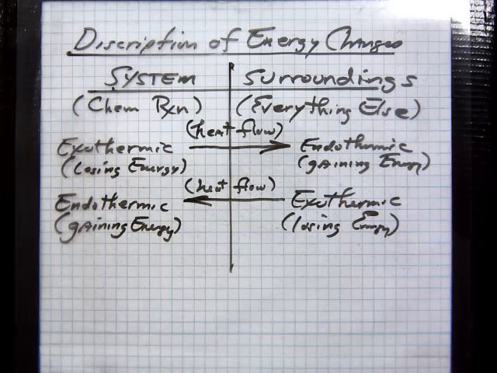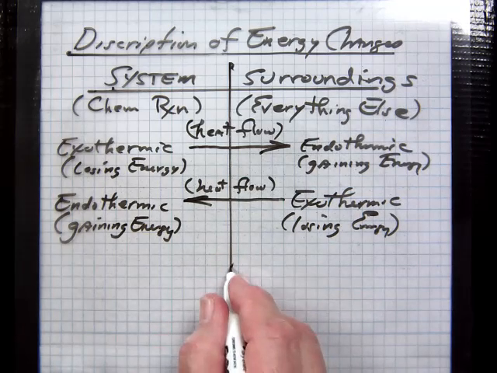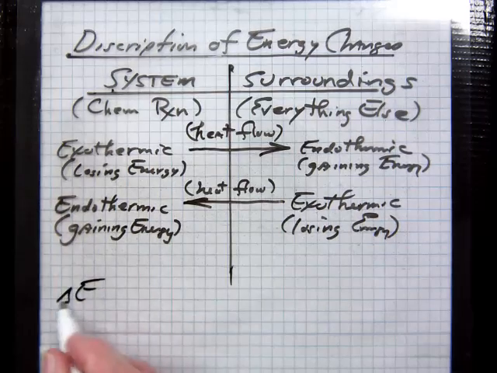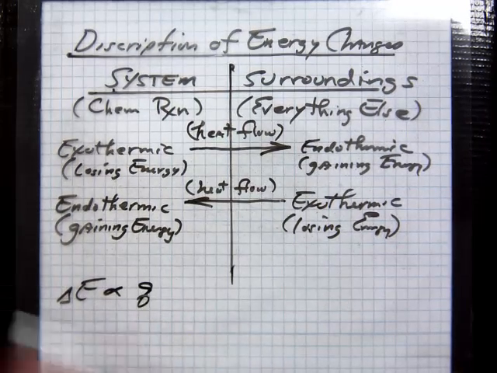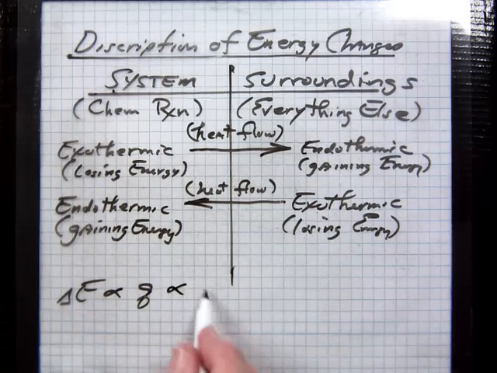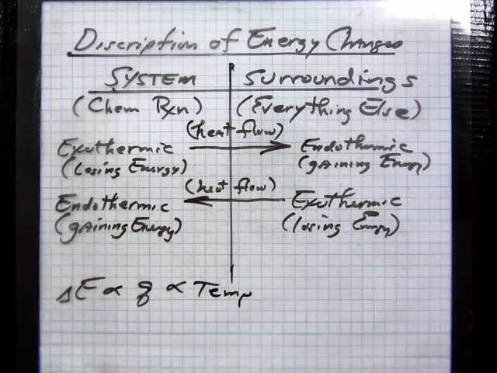So anyway, that is very important that you understand how those terms are applied in the course of talking about endo and exothermic reactions and generalizations. Now, associated with this is how do we measure changes in energy? The measure of changes in energy is measured in terms of temperature changes, because changes in energy is proportional to changes in heat flow, or the amount of heat in and out. That's your endo-exo, which is proportional to temperature. It is the temperature that you measure, temperature changes.